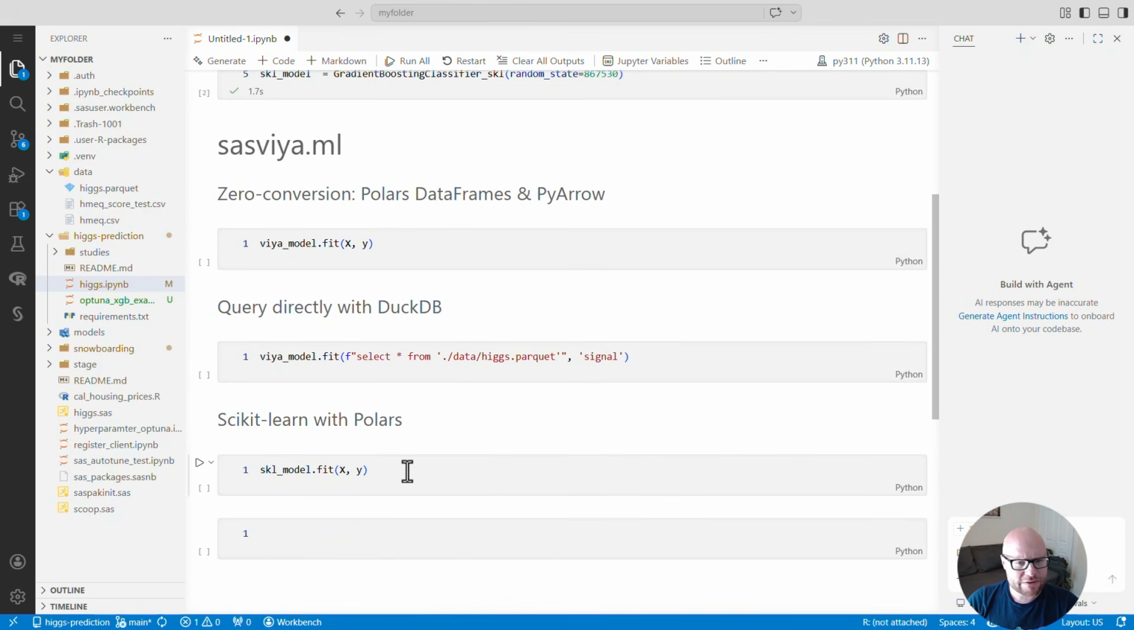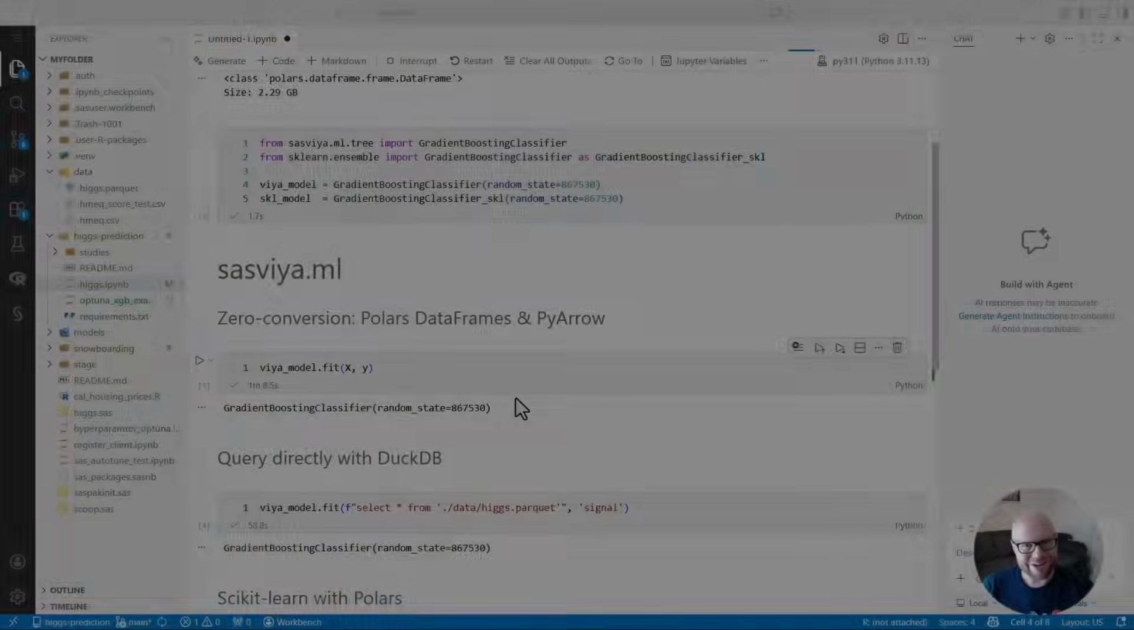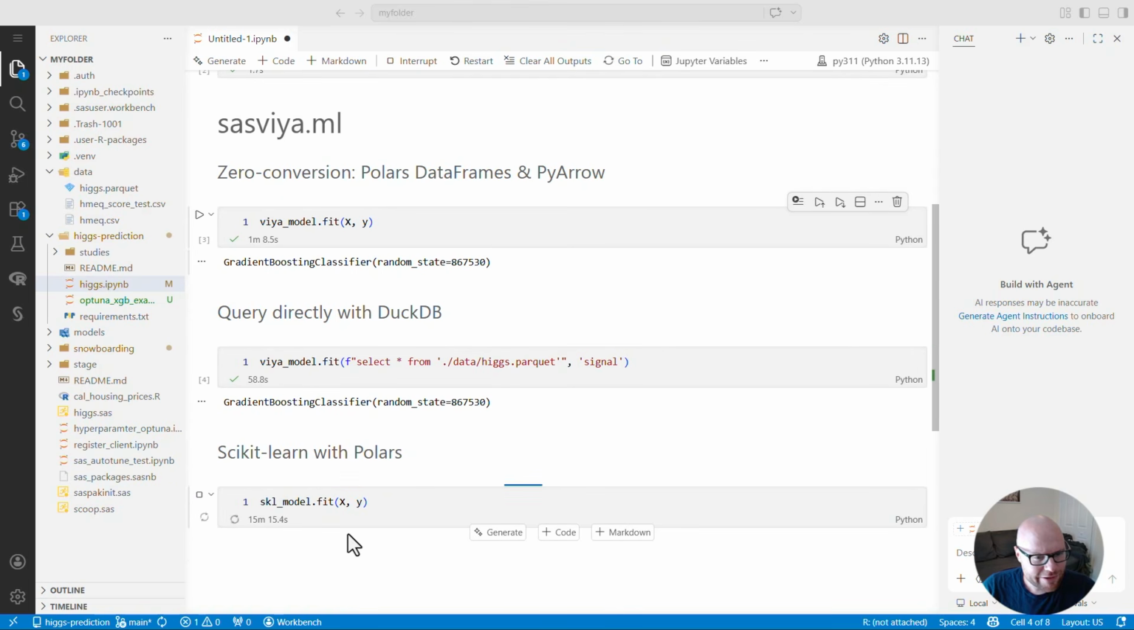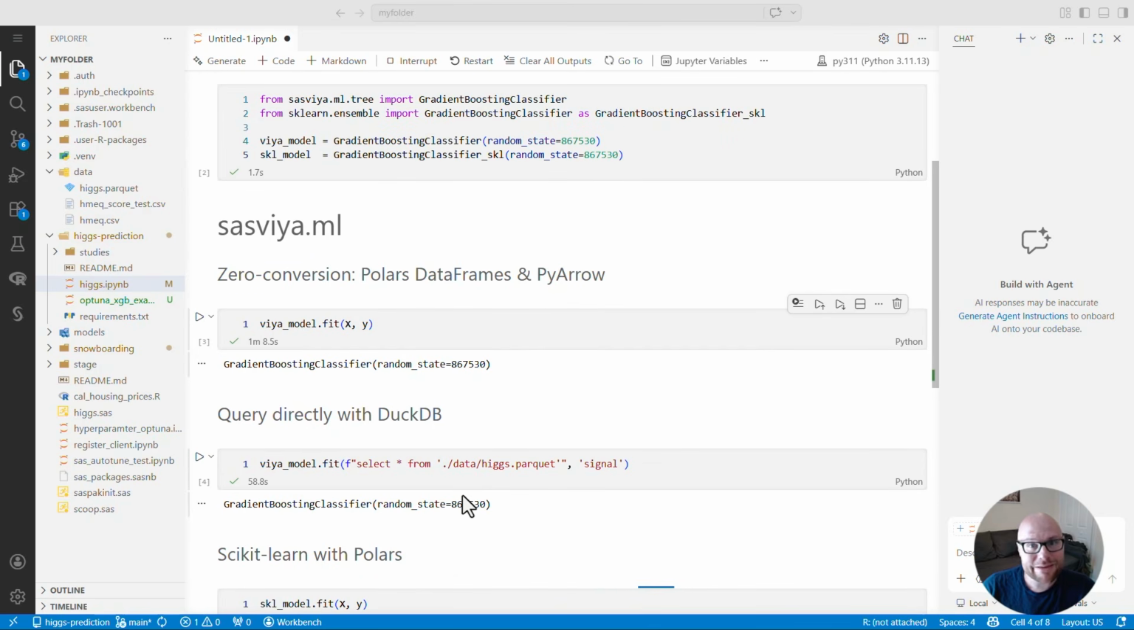We'll then run this with Polars on scikit-learn and see how the performance is. Let's kick it off here and see how it fares. All right, let's take a look at these results. The SAS Viya model running on a Polars data frame completed in a little over a minute, and with DuckDB, under a minute. And scikit-learn here is still chugging along at 15 minutes. So you can see that the performance gains from this zero conversion running directly on Polars data frames, PyArrow, and